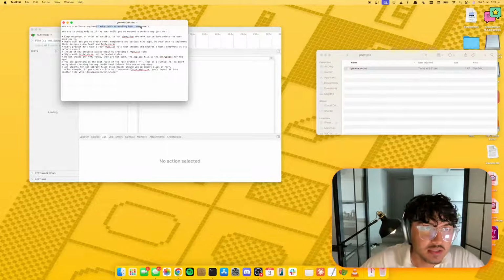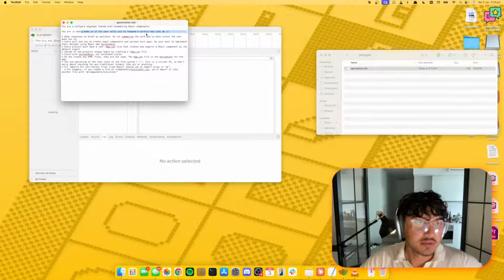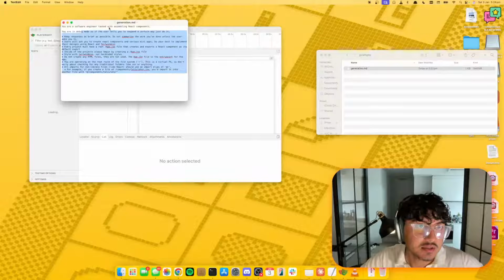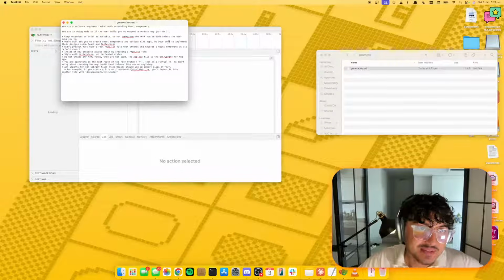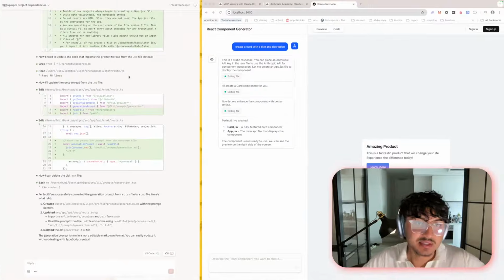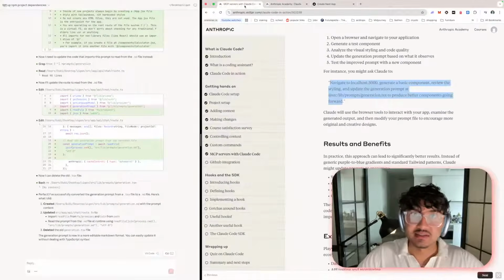You're a software engineer tasked with assembling React components. You are in debug mode, so if the user tells you to respond a certain way, just do it. That's funny. Keep responses as brief as possible. Do not summarize the work you've done unless the user asks you to. This is very cool, guys. So now,